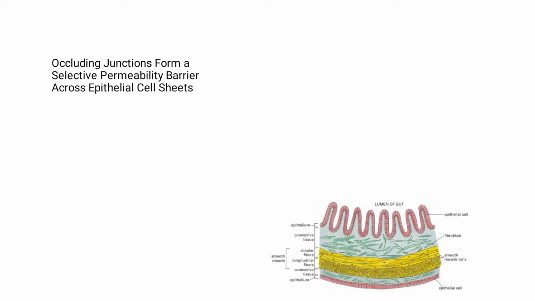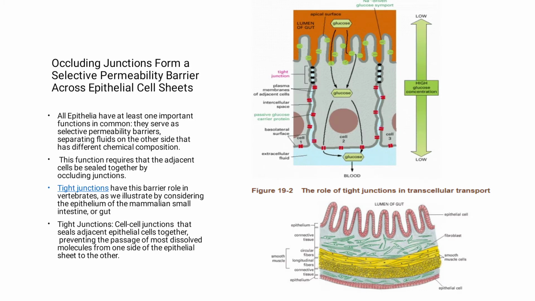Occluding junctions form a selective permeability barrier across epithelial cell sheets. All epithelia have at least one important function in common: they serve as selective permeability barriers, separating fluids on either side that have different chemical compositions. This function requires that the adjacent cells be sealed together by occluding junctions. Tight junctions have this barrier role in vertebrates, as we illustrate by considering the epithelium of the mammalian small intestine, or gut. In the figure below,